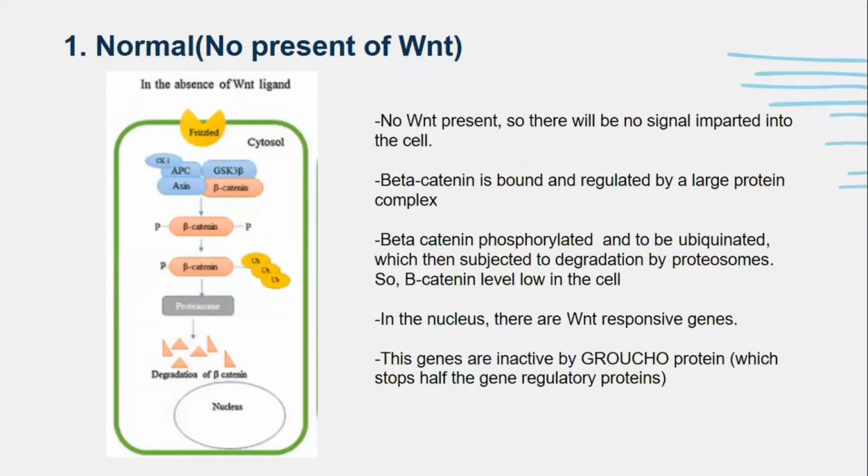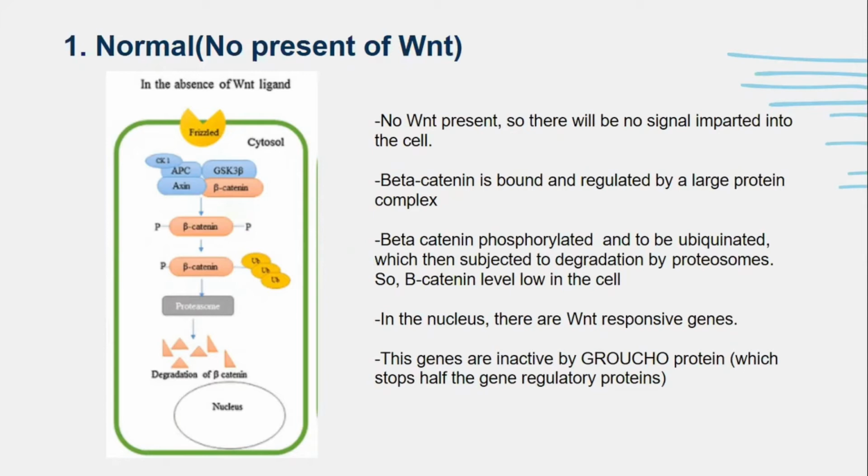The first one is the normal pathway. In the normal pathway of Wnt signaling, the Wnt signal is absent. So the protein beta-catenin is bound by the destruction complex. What is the destruction complex? The destruction complex consists of CK1, APC, Axin and GSK3 beta, which include protein kinases. The protein kinases phosphorylate beta-catenin, targeting it to